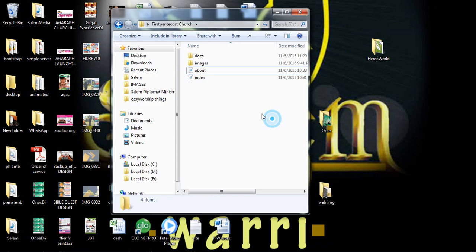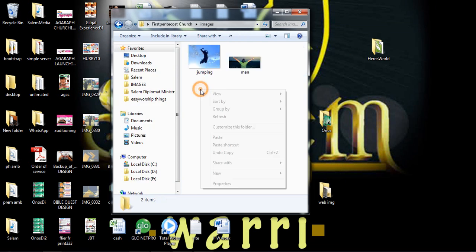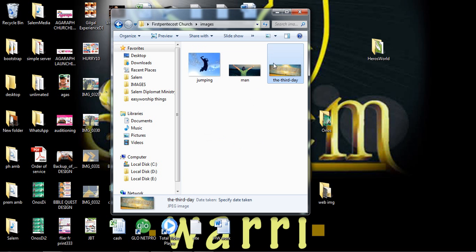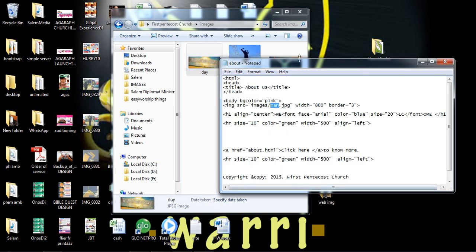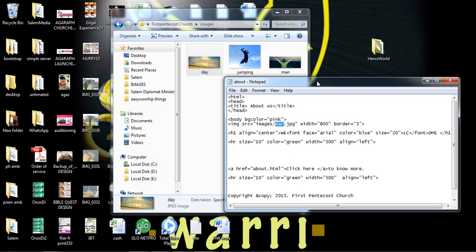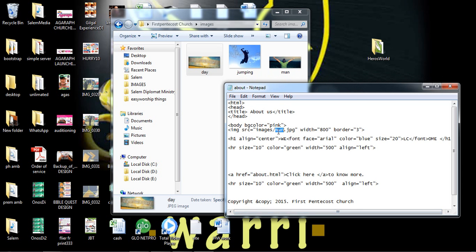Gonna minimize this, go back to our images. So just like to download some good images from Google. Right, so this image I'm gonna use, the Thursday. Let me just say day. I need something short. You can go ahead and keep all of that long name, but I don't make use of it, so I just rename it to make it easier for me to type in my code instead of trying to cram. I have too many things running in my head, so I can't cram all of that nonsense. Right, so